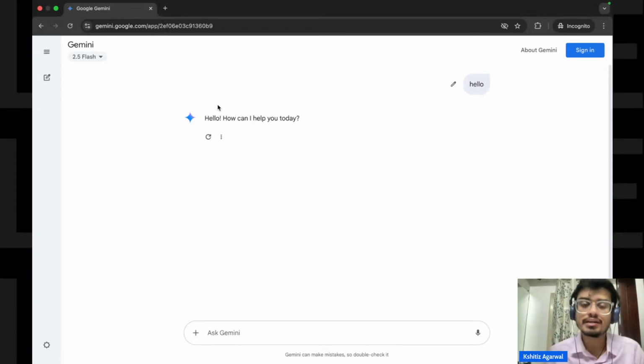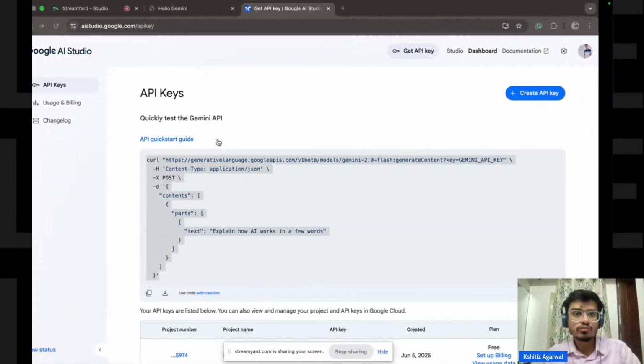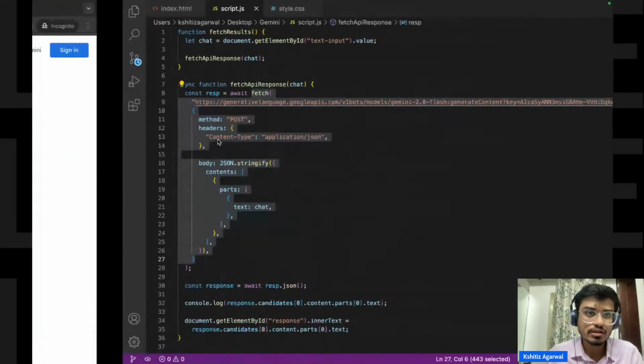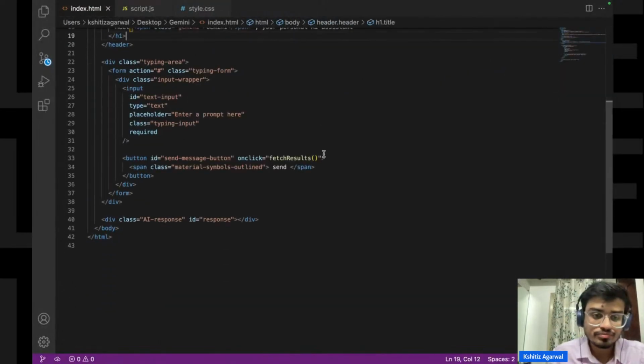I have actually created it, but right now I'm not able to recall it. Okay, let's try it. So what I'll do, I'll start with the coding part. Once this typing area is over, I'll create a div called